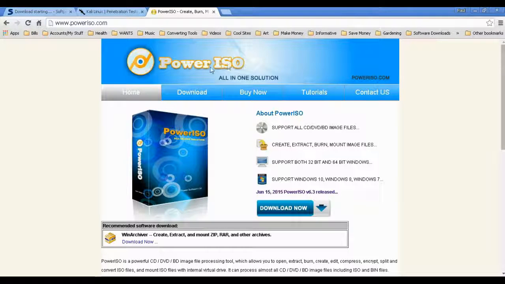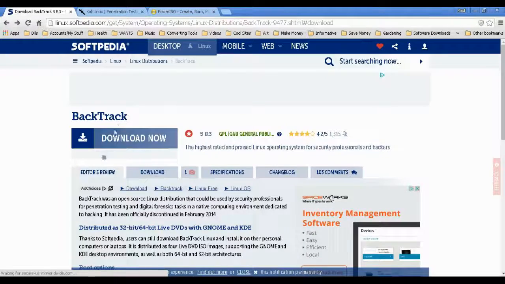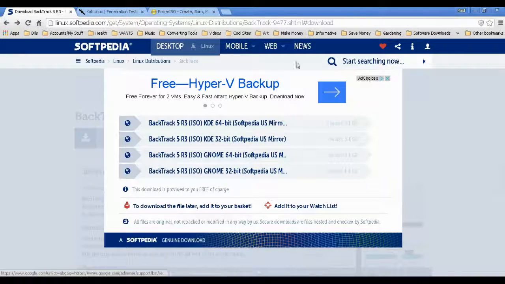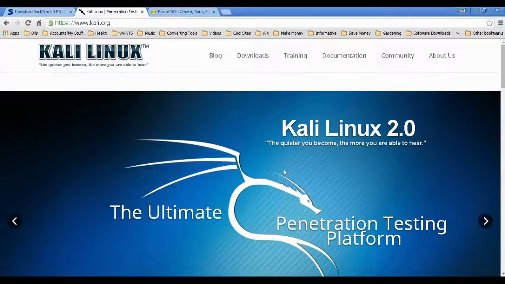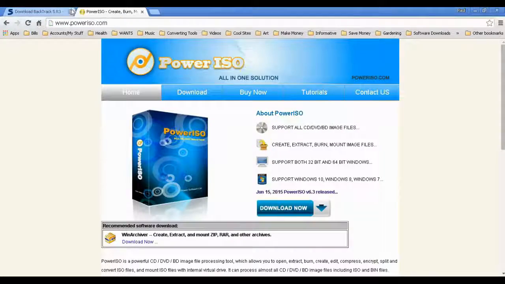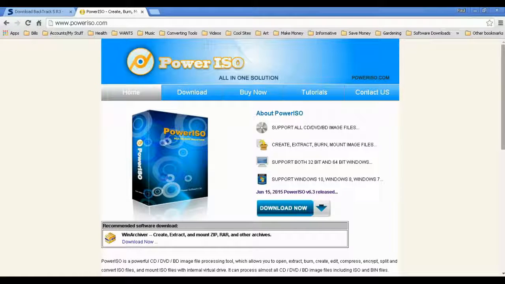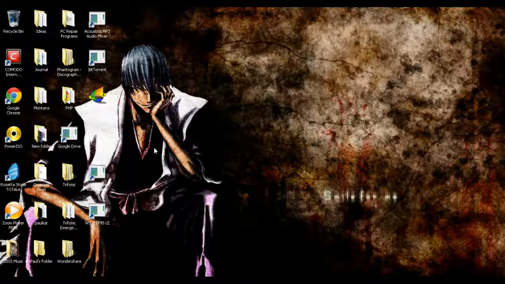So this is the other program you would need. Power ISO. That's the only program you need. This is the only file you would need, the actual image file for Backtrack, or if you did want to use Kali, you can do it both ways. But I still like Backtrack 5 R3, it's my favorite. And so you would download Power ISO, same thing, and run it, install it, all that good stuff. You would go to Power ISO,